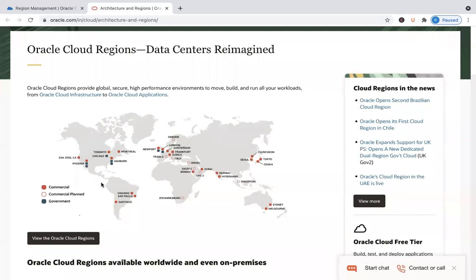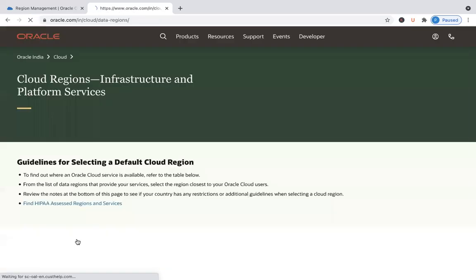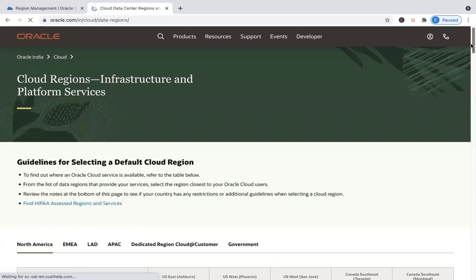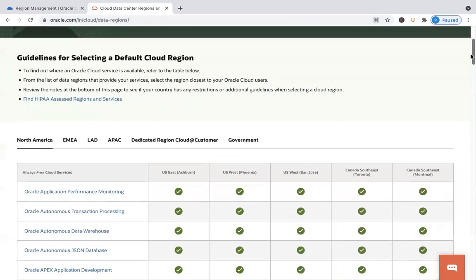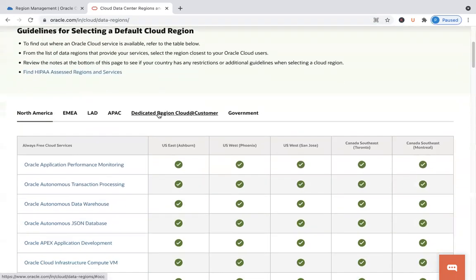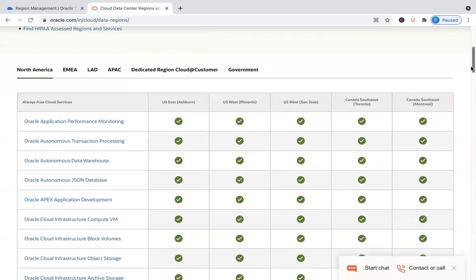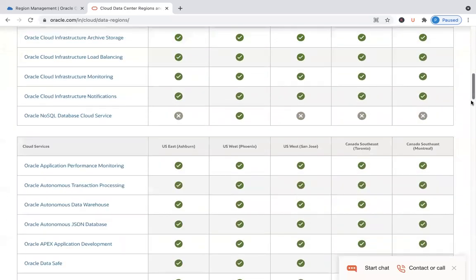So it would be helpful if you go into this particular link, view Oracle Cloud locations, and bookmark this URL as well if you want. And if you look at the data regions, within a particular region, you have multiple availability domains. We'll come to availability domains in a moment, but if you see the regions, in US, we've got 3 regions: Ashburn, Phoenix, and San Jose.